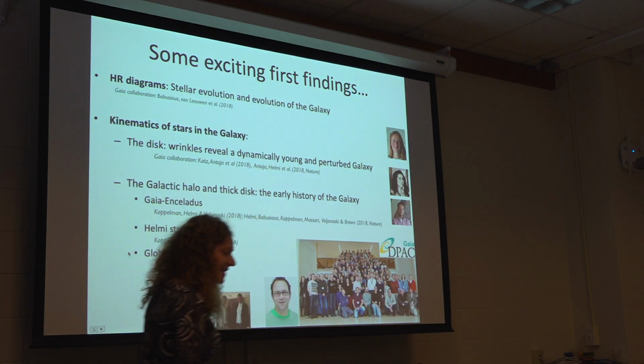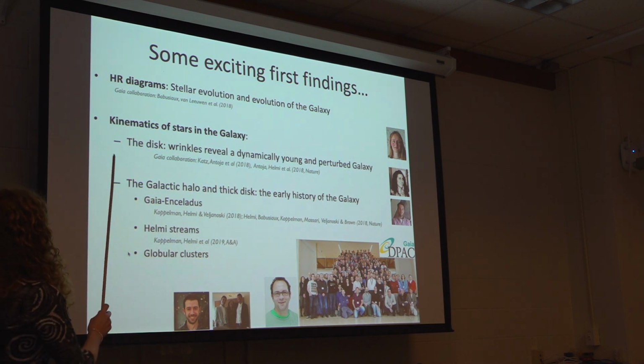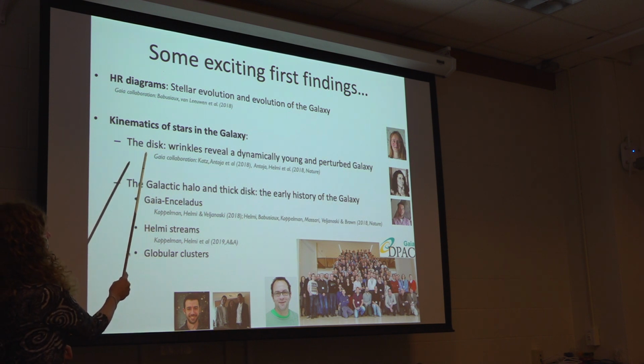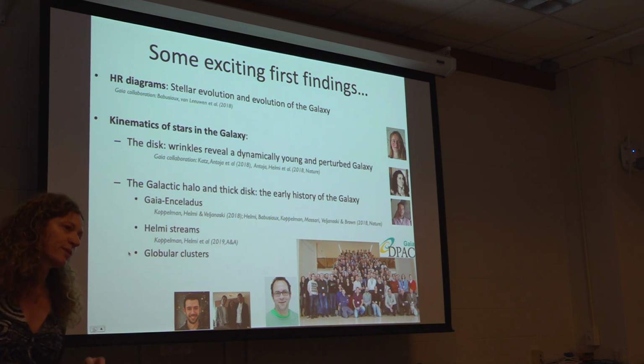So having set the scene, what I want to describe is some of the very first findings that we made with the second data release from the Gaia mission. I'm going to go through some very simple HR diagrams that already showed the quality of the data and showed some very surprising results on the galaxy. And then I'm going to focus on the kinematics of stars in the Milky Way, on the disk, and then on the halo. And this was really possible thanks to the work of the Gaia collaboration,